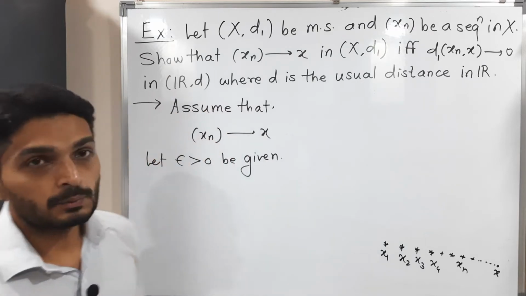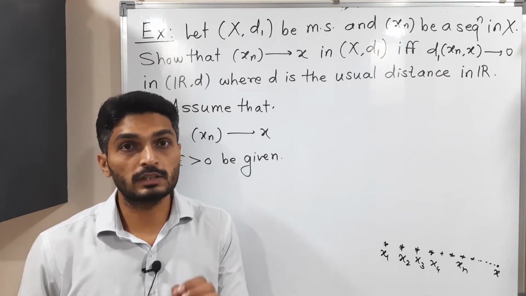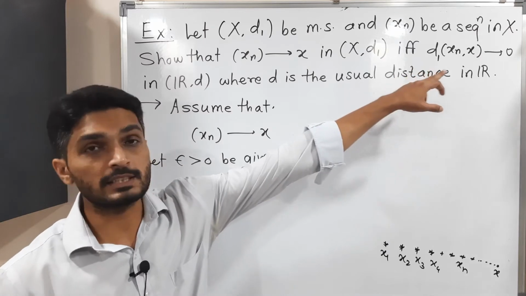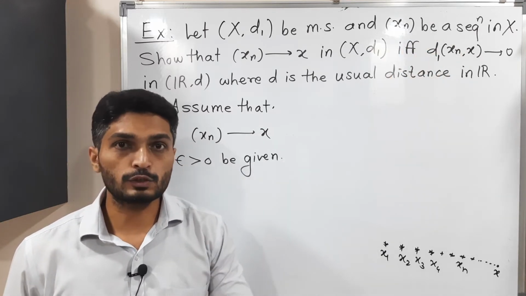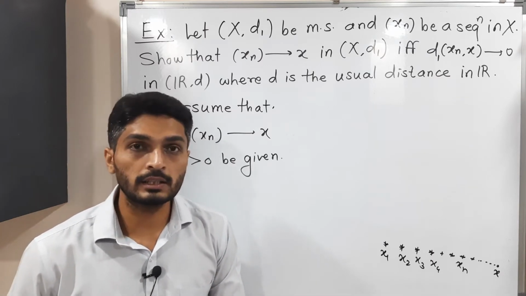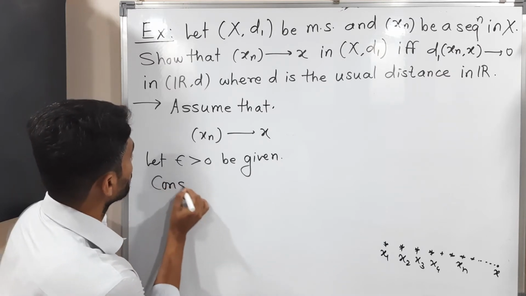See, let us start by assuming one part. So here I am assuming first, suppose sequence Xn converges to X, and our target is to prove that D1 of Xn, X converges to 0. Obviously, in the definition of convergent sequence, we use epsilon. So let us take one epsilon first. I have taken epsilon greater than 0 be given. Okay, so I consider here,